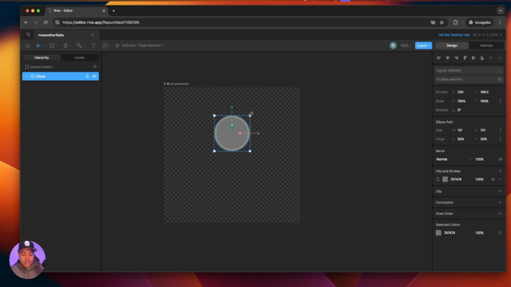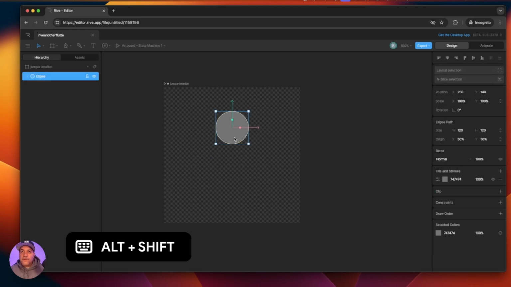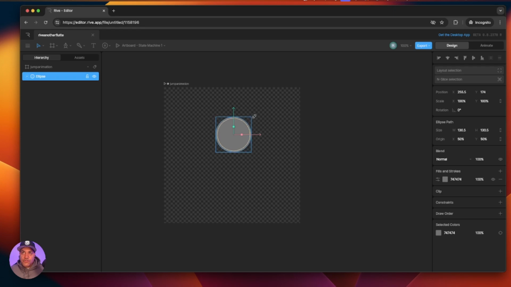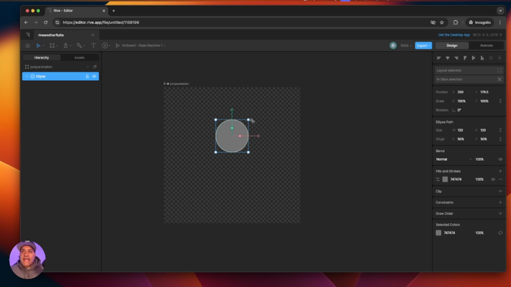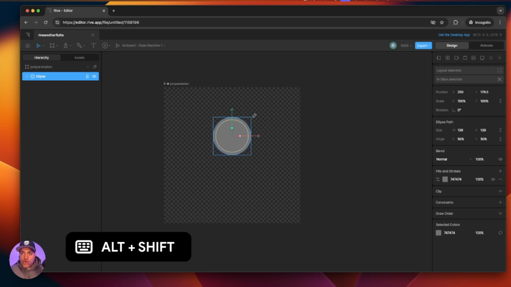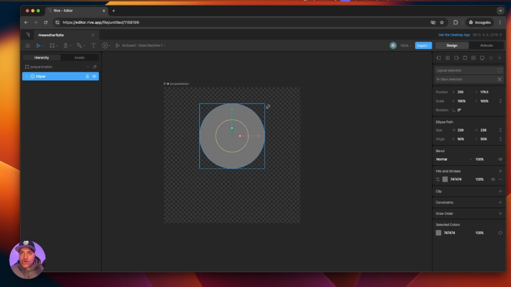For example, you can just do alt shift. Remember I told you can do shift and you see how you can scale proportionally, but it starts from the opposite corner from where you're dragging. But if you want it to stay right in the center, in that position of where it is, you can just hit alt shift and then you grab one of the corners and then it remains in the center while it is keeping the same aspect ratio, the same proportions, but it is actually scaling proportionally on all